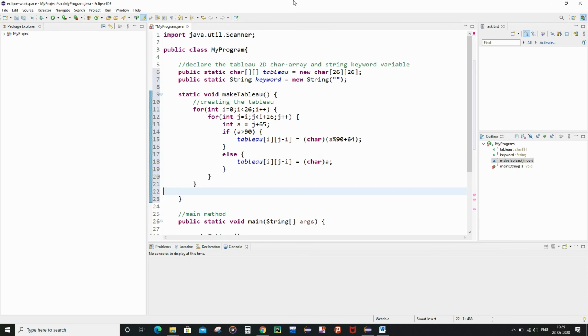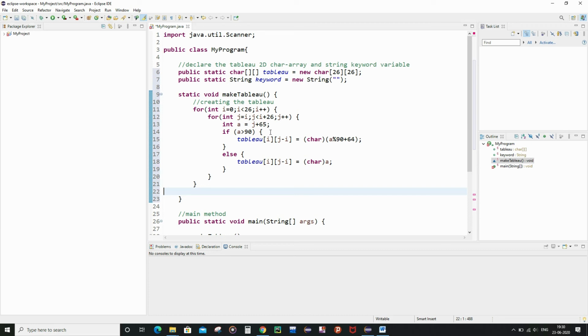And now let me give you another example. Suppose you are in the second row and in the last column, then what is the value of i? The value of i will be 1, but the value of j will be the last column. So the value of j will be 26, because j will assume values from 1 to 26.